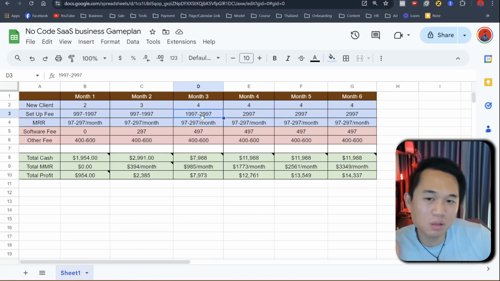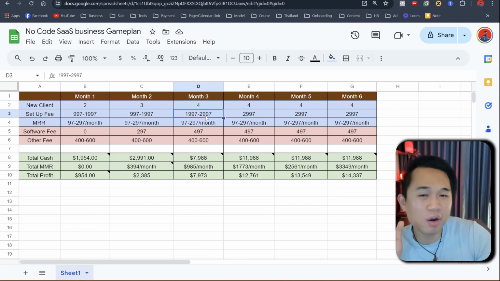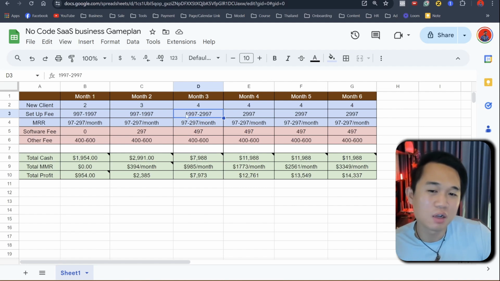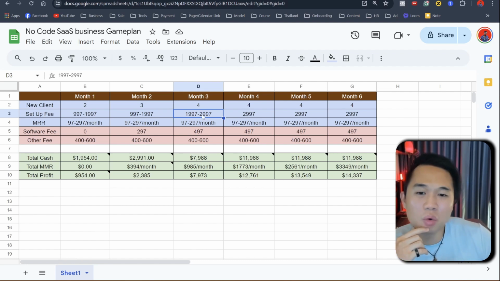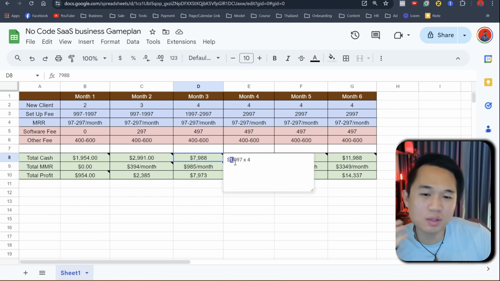The best thing about this after month 3 is that, number 1, you should be very comfortable right now charging people a lot higher. For example, I would even encourage you to raise your setup price to $1,997, or to $2,997. So anywhere between 2 to 3K, you should be able to do that, again with the right offer in place, okay? So if you're onboarding 4, and in this one we're saying that you raise your price at month 3, which is going up to $1,997, with 4 clients, you're going to get around